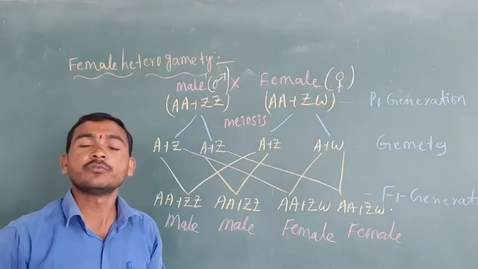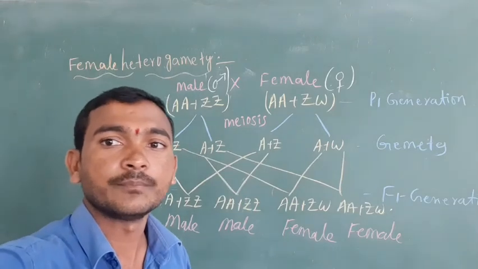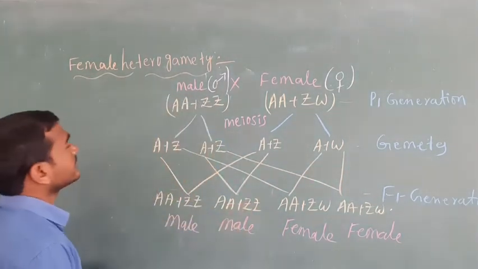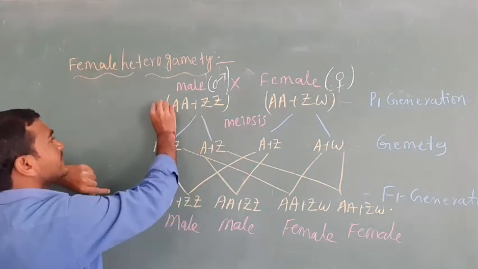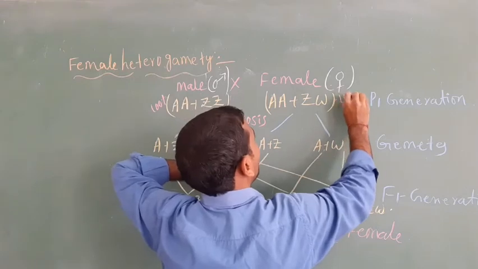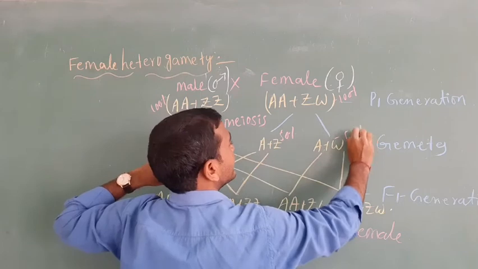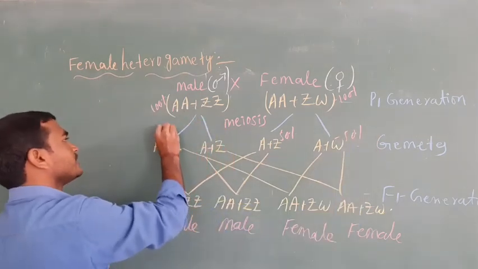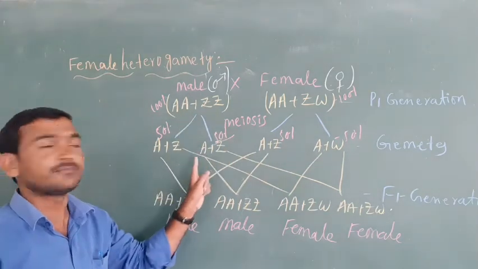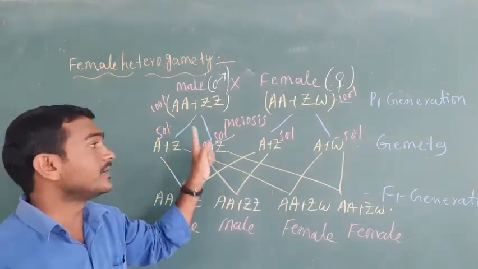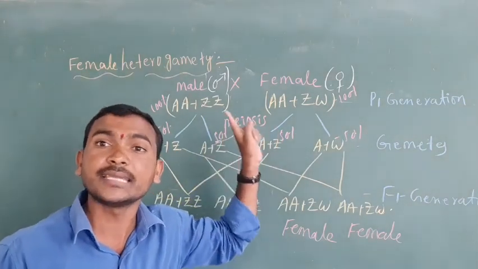Now we are going to discuss this only with the chromosome number. See, in this we can take the male and female. The male, if you consider it 100%, the female is also 100%. The gamete is 50%, here also the gamete is 50%, and the same here, 50%. What happens when it is involved in meiosis? The 100% becomes 50%. So understand here that the male and female play the same role.